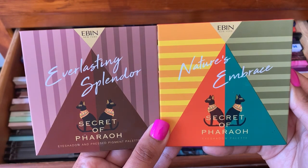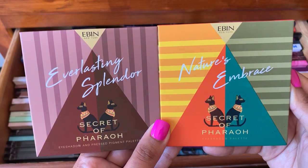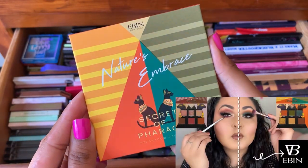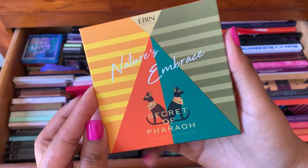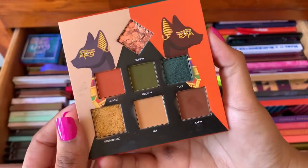Next, I have 2 of the EBIN New York mini palettes. I have the Everlasting Splendor and Nature's Embrace. I did do a whole video using both palettes on my eyes. I love this formulation. I've raved about it for so long. I also own a couple of their bigger palettes. These do not come with a